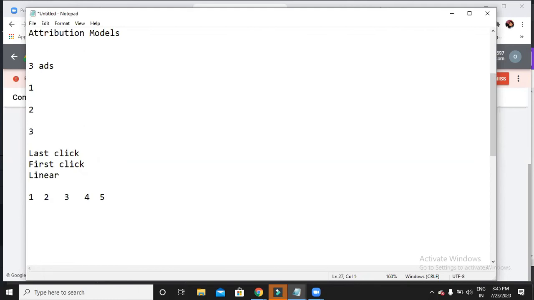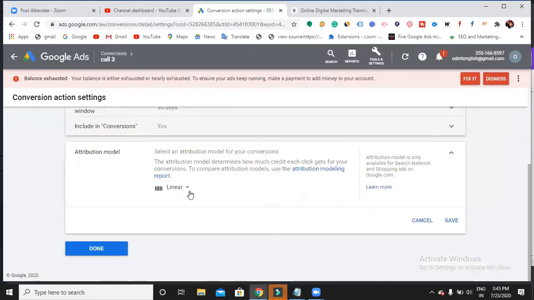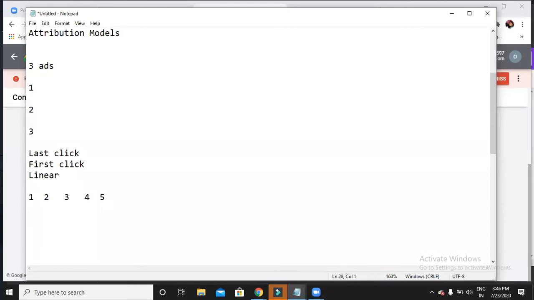The next one I have is time decay. Time decay means 40% to the first click and 40% to the last click, and the remaining 20% is for the middle clicks, the in-between clicks.